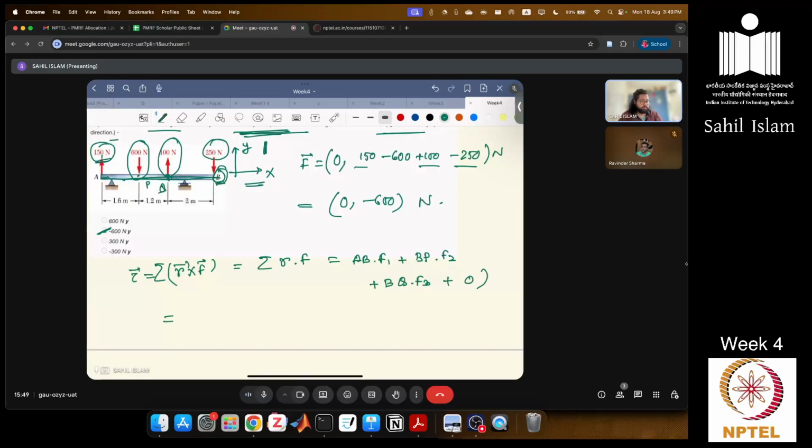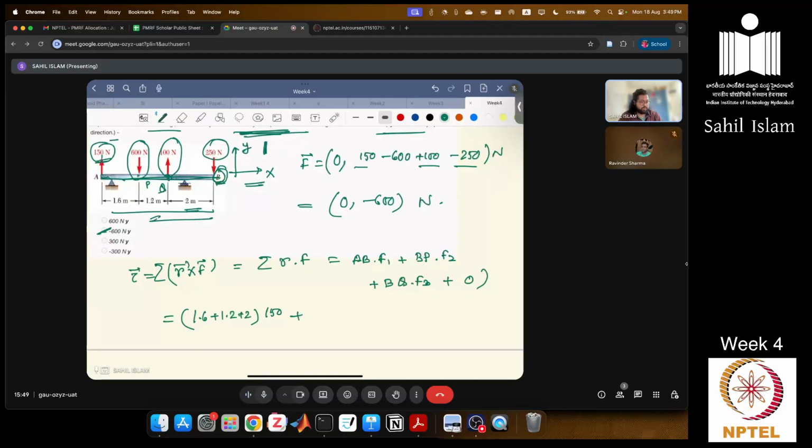So AB becomes, AB is 2 plus, so this is 1.6 plus 1.2 plus 2, that is AB, times 150 plus